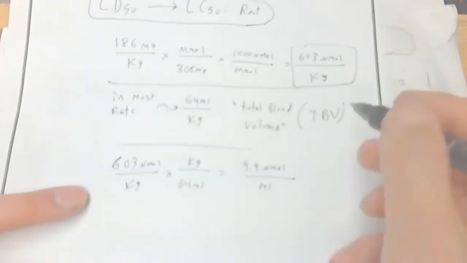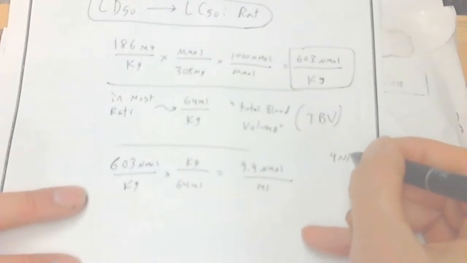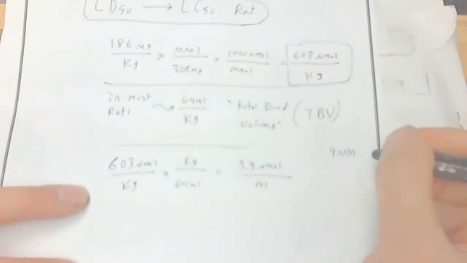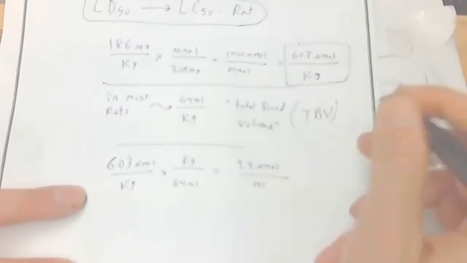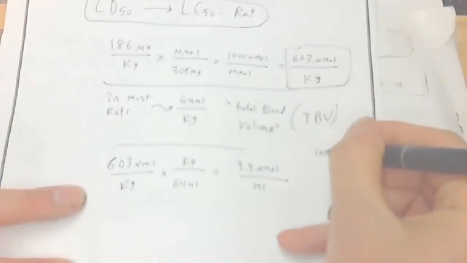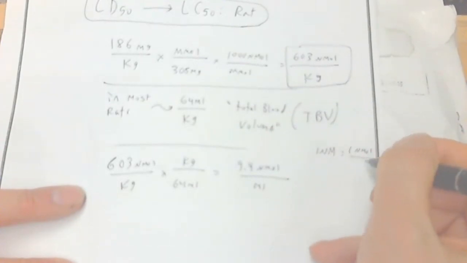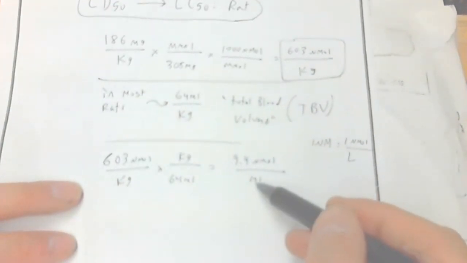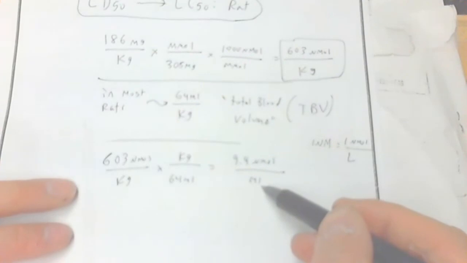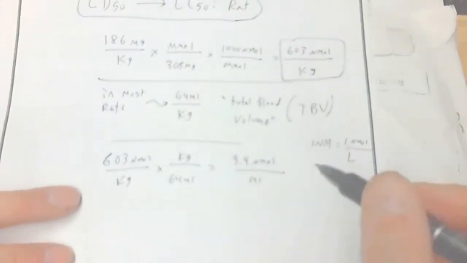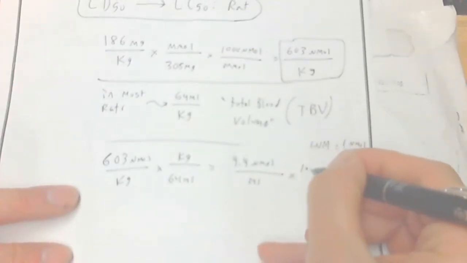So, because if we say 9 micromolar, or our IC50 is 1 micromolar, right? 1 micromolar is equal to 1 micromole per liter, right? So we got to convert this over to liters, and the easy way, so it's 9.4 micromoles per milliliter,